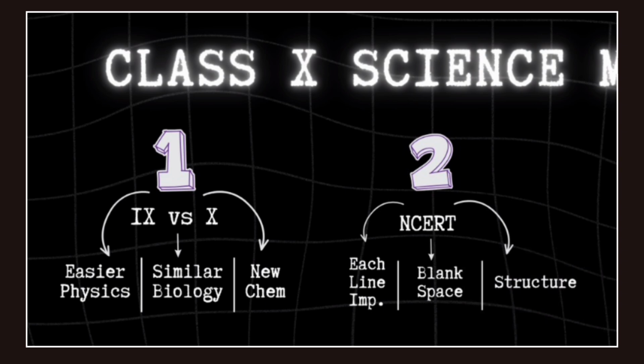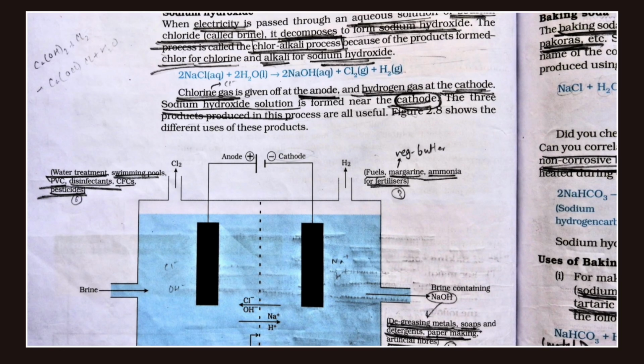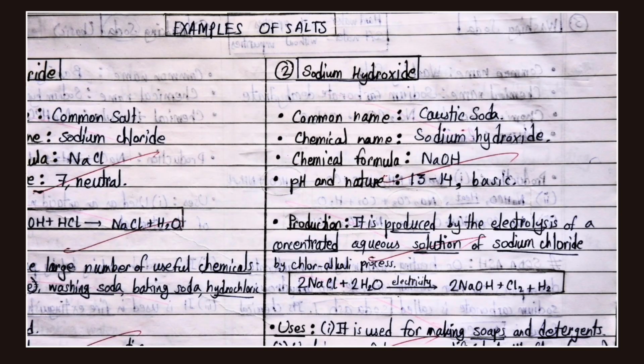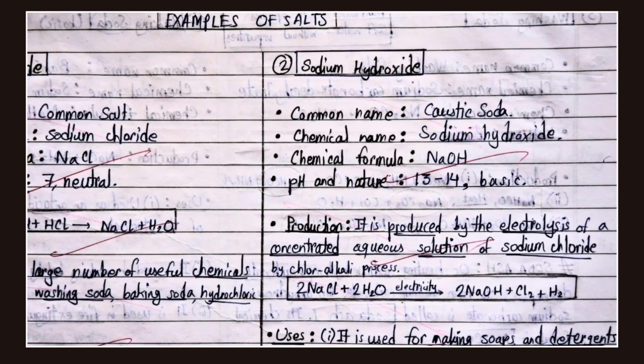Third, you should be able to structurize the things which are given in NCERT. Like, see here, where it is written about salts in chapter 2, things are not very structured. They are not in a very easy to revise or easy to understand way. So if you yourself make notes like this, where you clearly mention what the things are and write in clear points, then it will be very easy for you to revise and to recall whatever is there without much extra